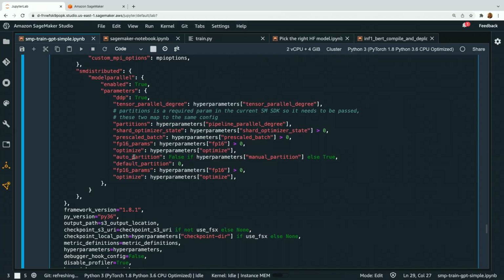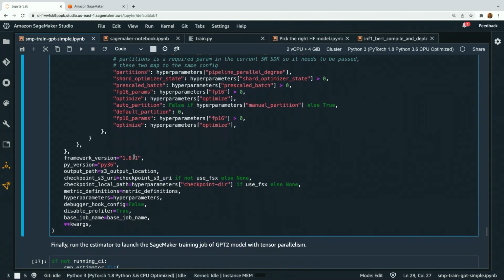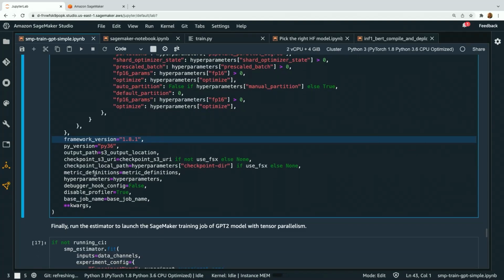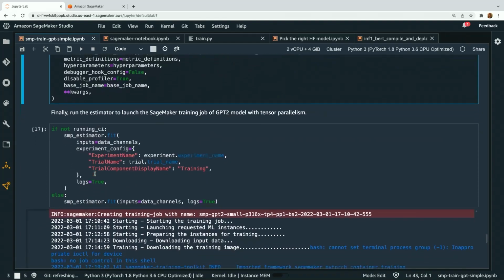It is excellent. They've done an excellent job on our documentation for distributed training. So look at that, spend time thinking about it, cut tickets there if you have any questions. It's really useful. So in our estimator here, we're specifying our framework version, the version of Python, our checkpoints, and onward ho.